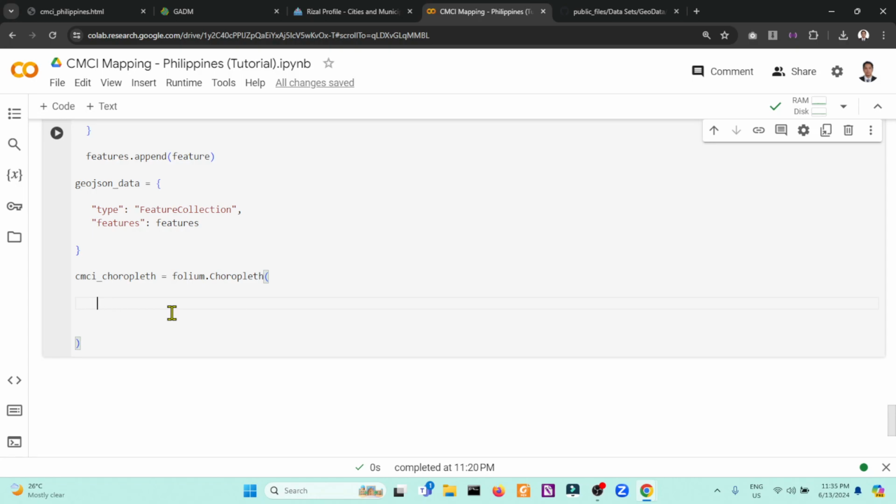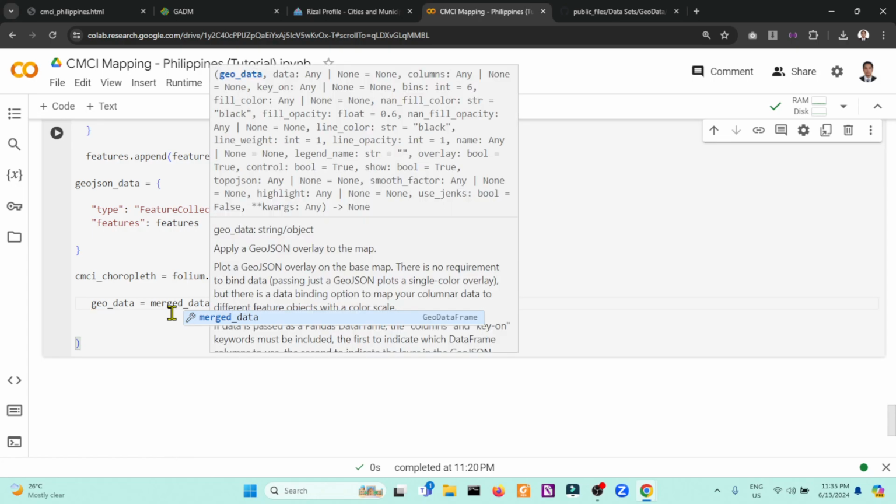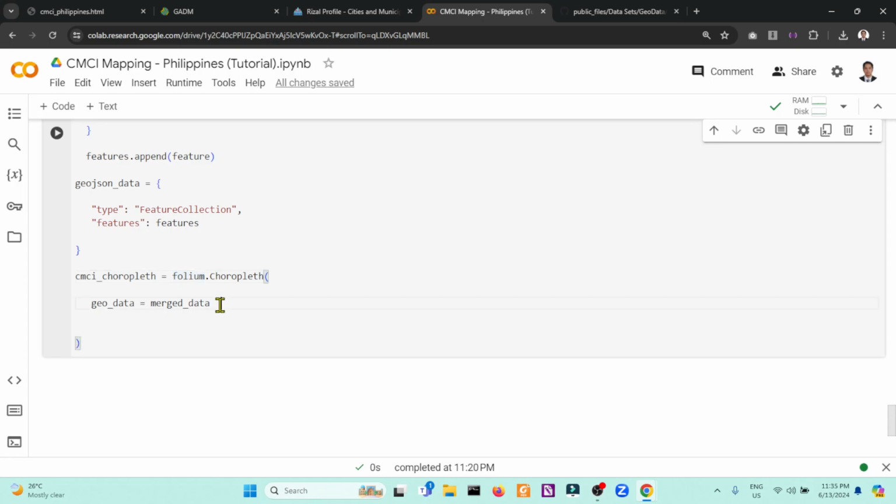The first property that we will need to supply is the geodata. Our geodata is the merge data, but choropleth accepts a JSON file. So from a data frame of merge data, we need to convert it to JSON.